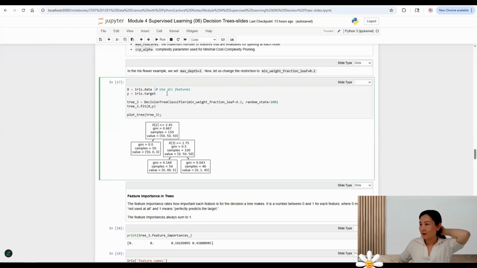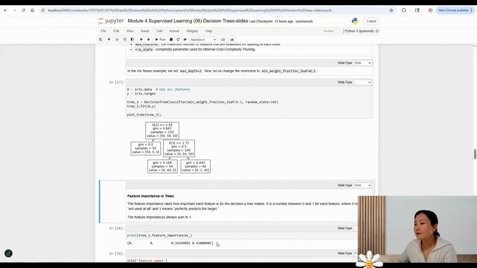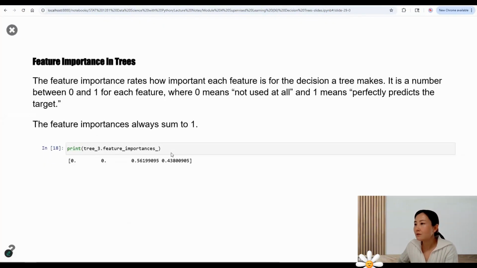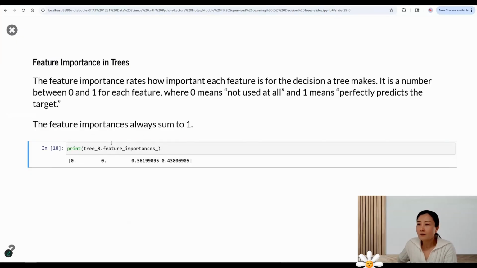I ignored this fact, so that's why. We use all features now, from when we use this hyperparameter, min weight fraction leaf, at this stage. We already reloaded the data, and so this is wrong. I explained it wrong. Actually, the feature matrix has all of the features available,